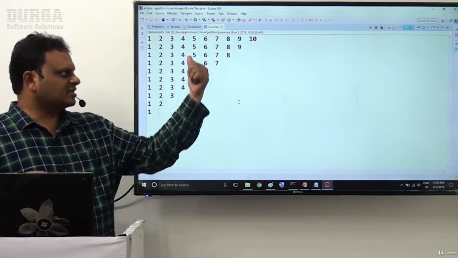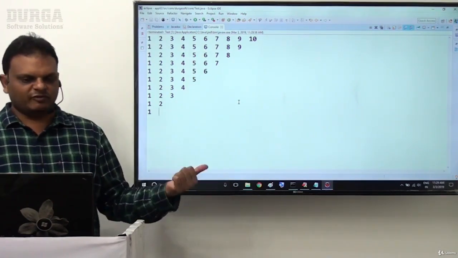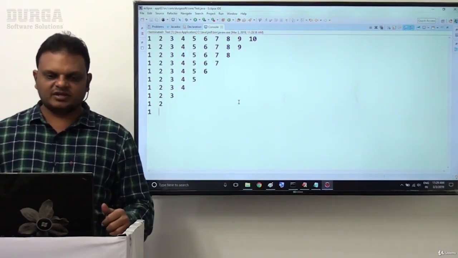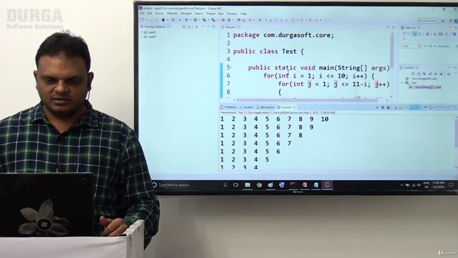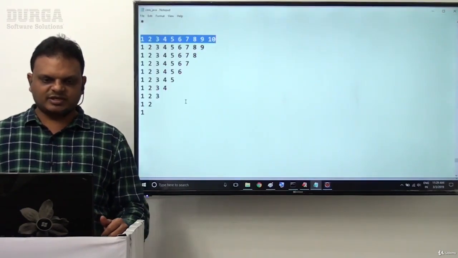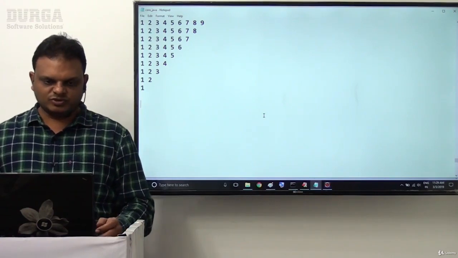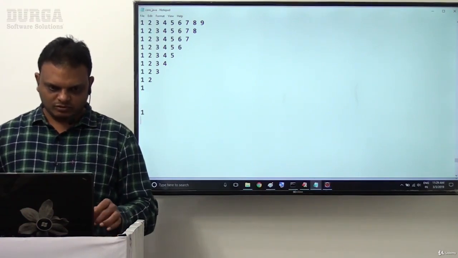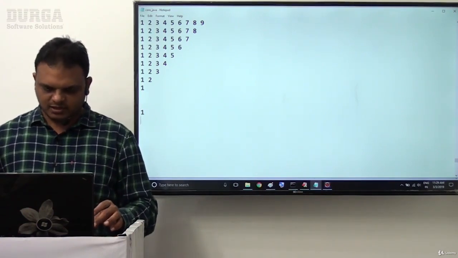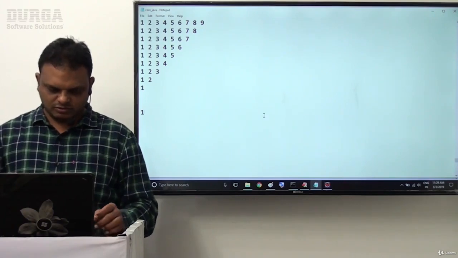Now I want to display the same numbers in vertical manner. If I want to display the same thing in vertical manner here, what we have to do there? That means here what exactly the pattern here I am expecting now. Now my pattern is which one here? One, like 1.